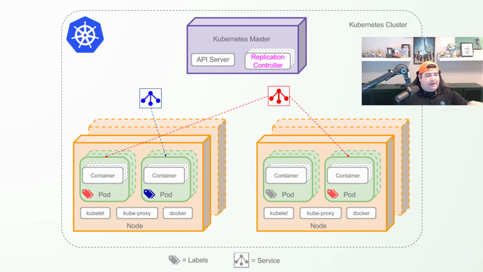Some of these actually have a service, which are going to be the colored dotted lines here, between like this node on the left and node on the right. We actually have this red label going up to this service at the top of the screen here. So this is a service that's distributed with multiple pods running on multiple nodes. If we hit that service endpoint, right, that DNS name, or even specifically that IP address, we're essentially going to load balance, and we're going to hit any running instance of that pod on whichever node it's on. Kubernetes is just going to balance that for you. So you're going to hit either instance.